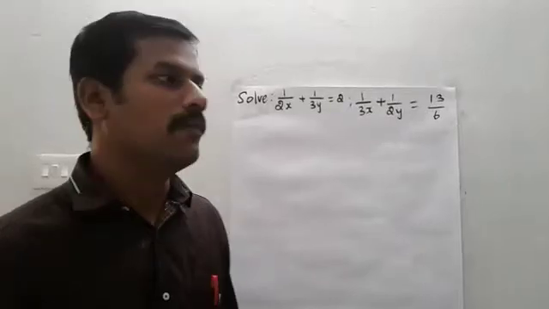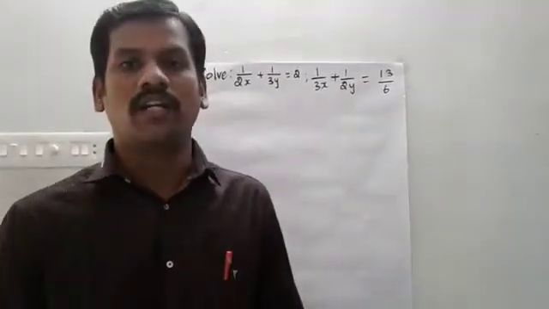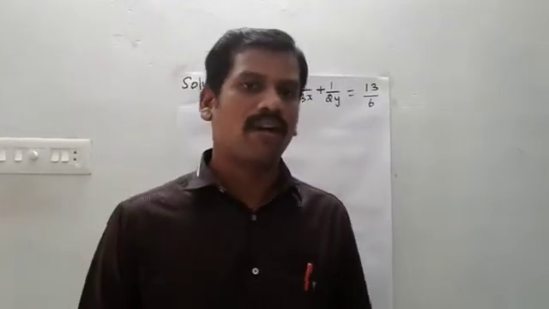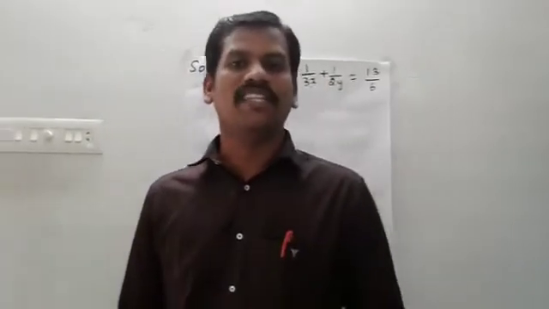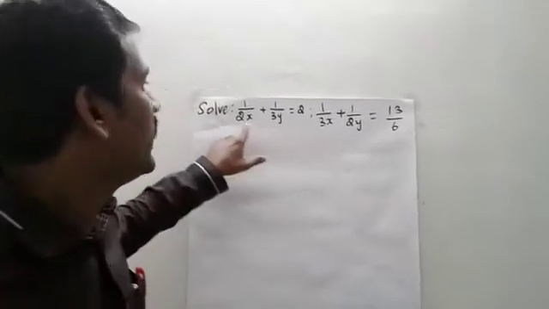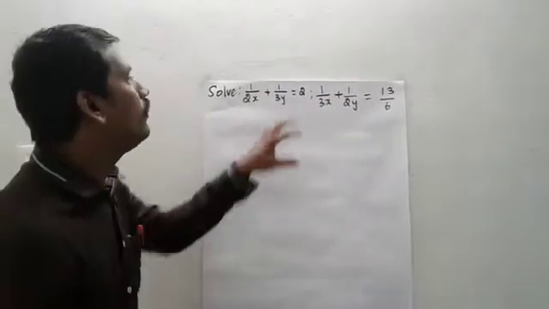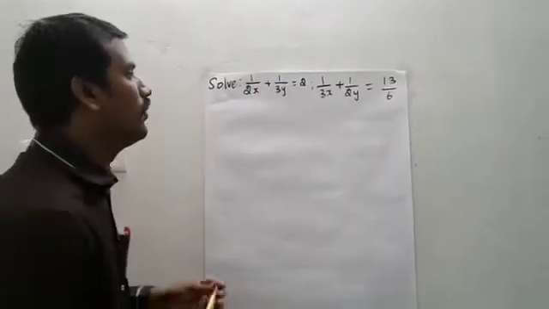This is the fourth type. Okay, already we saw three types. This is the fourth one. How can you identify it's the fourth one? Every linear equation is of the form ax plus by plus c is equal to 0. But here x and y are in the denominator, so it's the fourth type. So how will you solve the fourth one? Just look at the sum.